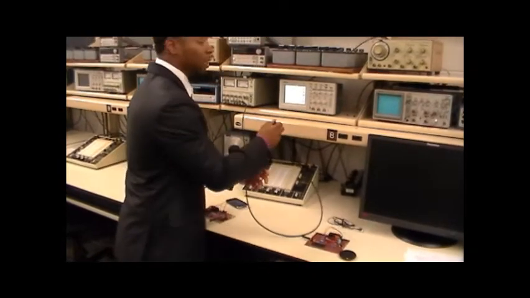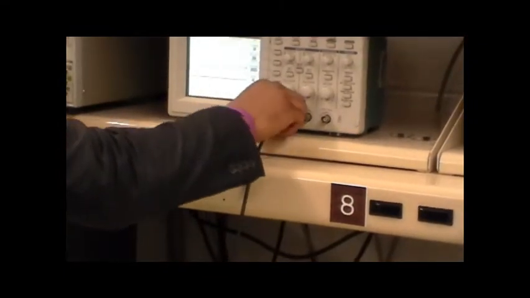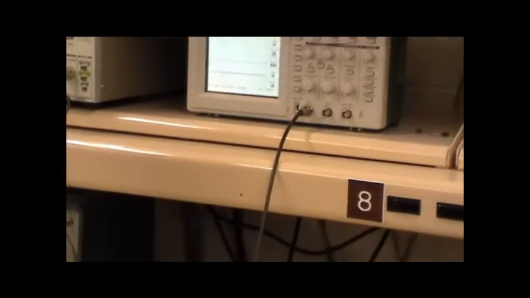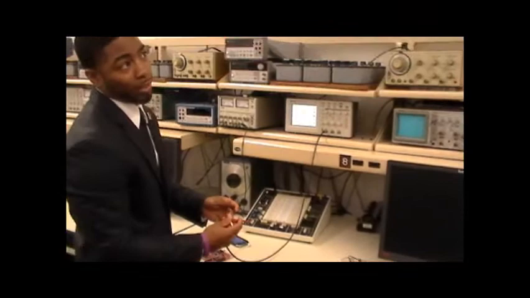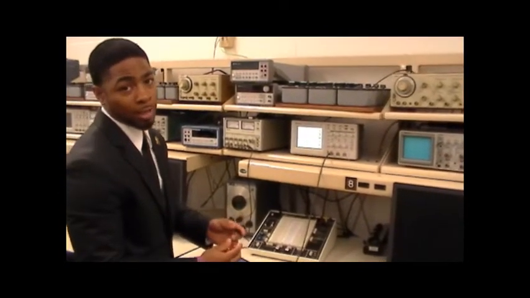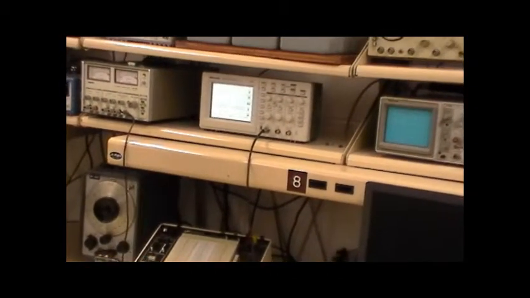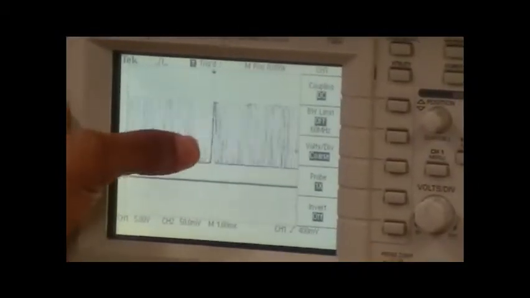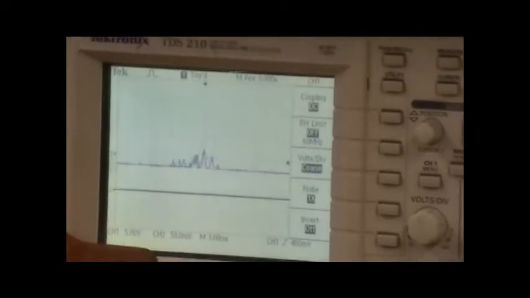Now, I'm going to hook up the oscilloscope. This is going to go to pin 10. This is going to go to the ground. You should see a square wave displaying multiple 0s and 1s changing throughout the signal. You can see the wave is not a complete square wave. It's going to be a square wave with little dips in it, sending the 0s and 1s to the antenna,